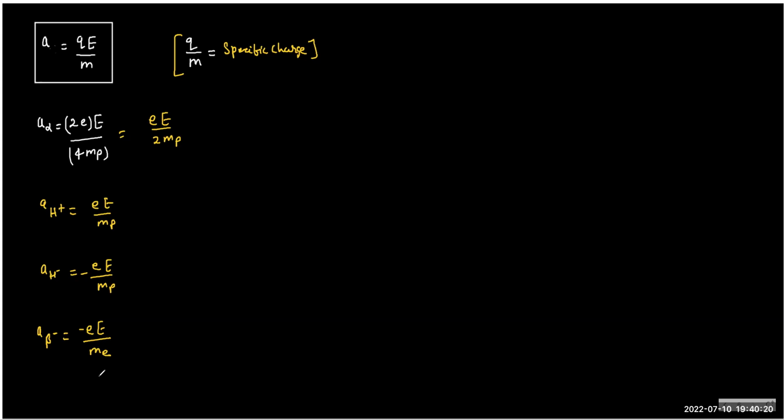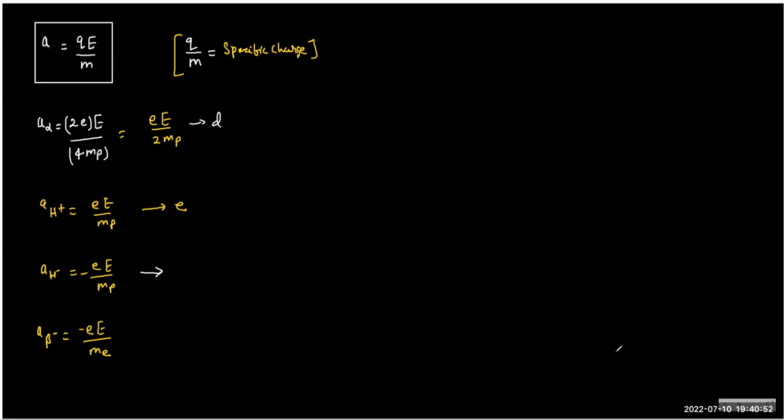So now you have the list of accelerations. Can you tell me now what is the right order? Among alpha and H plus, which one will deflect more? H plus will deflect more, which means this is the E path. And this is the D path. So the D path is correct, but deflection-wise, H plus is more. So path is E. What about the path of H minus?